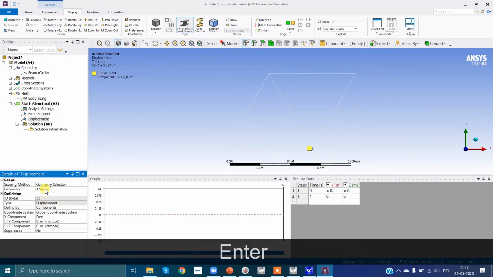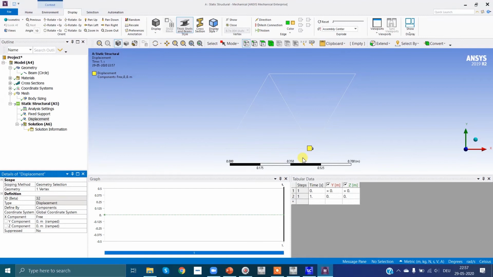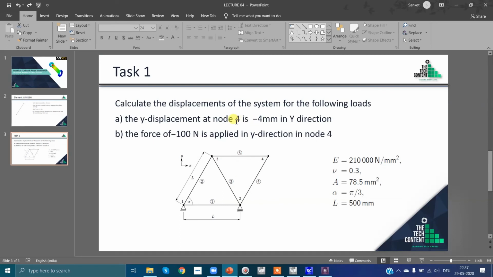Enter. Apply. Now at this point there is a displacement in the downward y direction and it's 4 mm. You can see here, minus 4 mm in the y direction at this node 4.